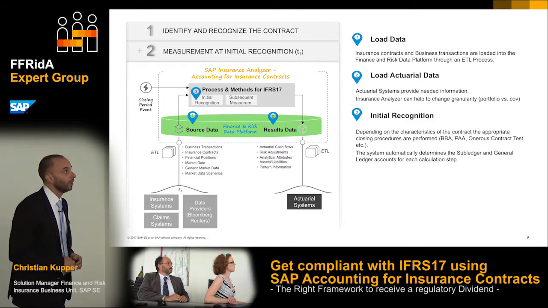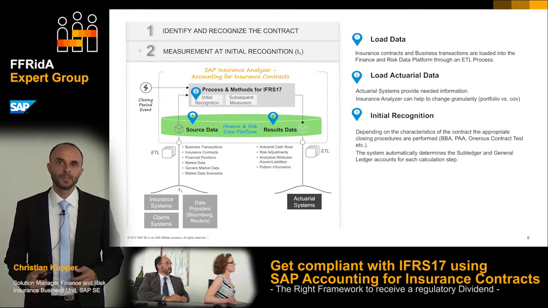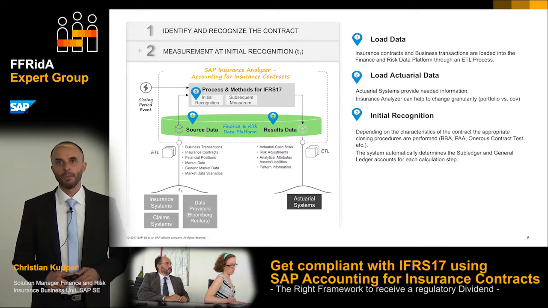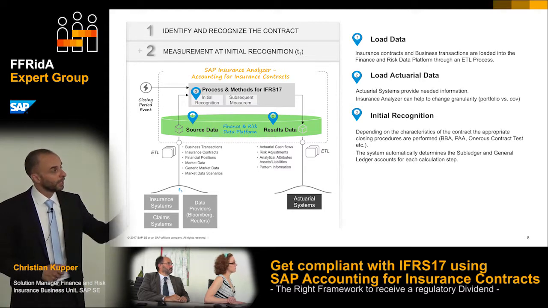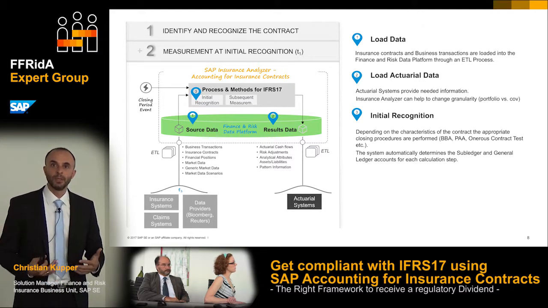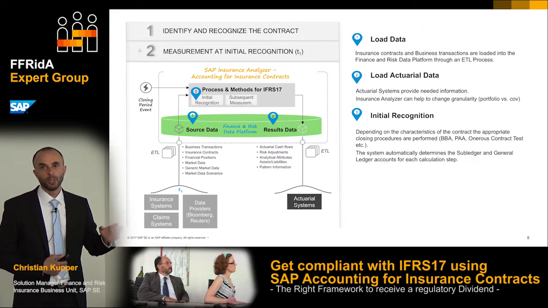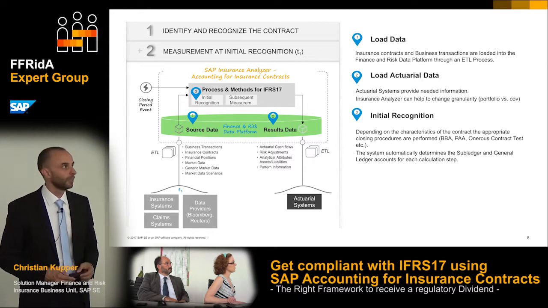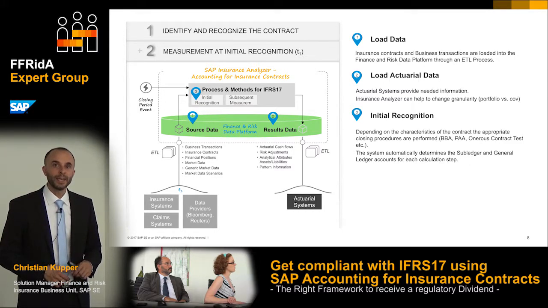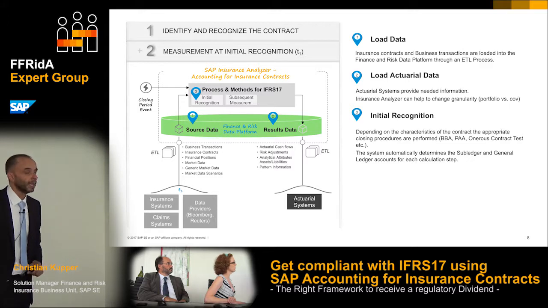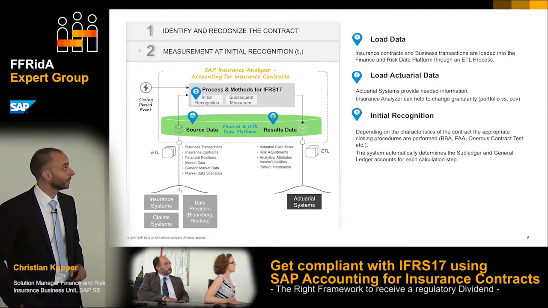Now, the third step: IFRS 17 speaks of initial recognition, meaning performing all the processes that are relevant if a contract is for the first time subject to IFRS 17. Here we take all the cash flows. It depends on the product, the sales product you have. Is it a building block approach, premium allocation approach, a variable fee approach? You have to perform different tests like the onerous contract tests. All that happens here in step 3 in my example in the process and method layer of our solution for IFRS 17.